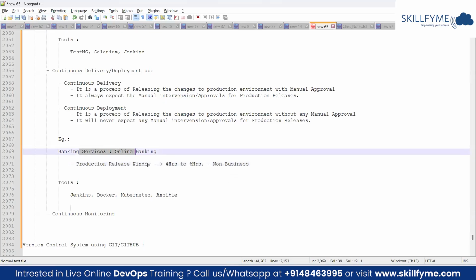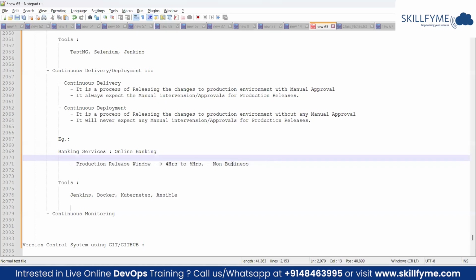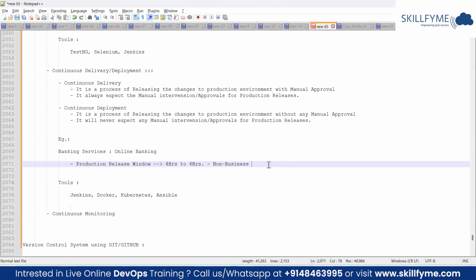During that process, they will seek a manual approval from all the stakeholders, starting from the infra team, development team, testing team, release management team, and security team. Everyone will be on call and will provide their sign off. Only then will the product be released to the production environment. With proper manual approval, it will be released to production. That is the reason they introduce this downtime.